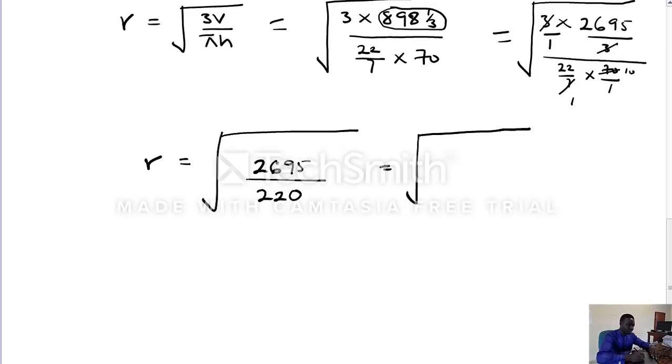So let's divide by 5. 5 into 26 will give us 5 times, remainder 1. 5 into 19 will be 3, remainder 4. 5 into 45 will be 9 times. And also 5 into 22 will be 4 times, remainder 2. 5 into 20 will be 4. So that I will have square root of